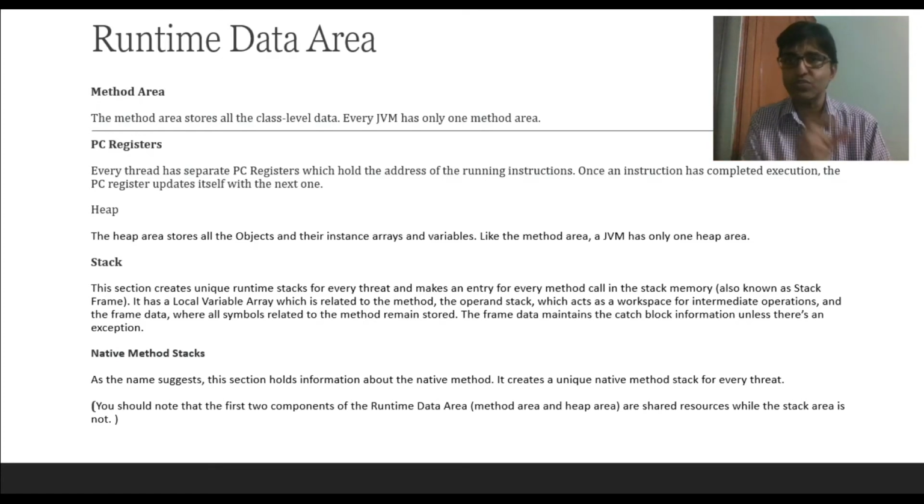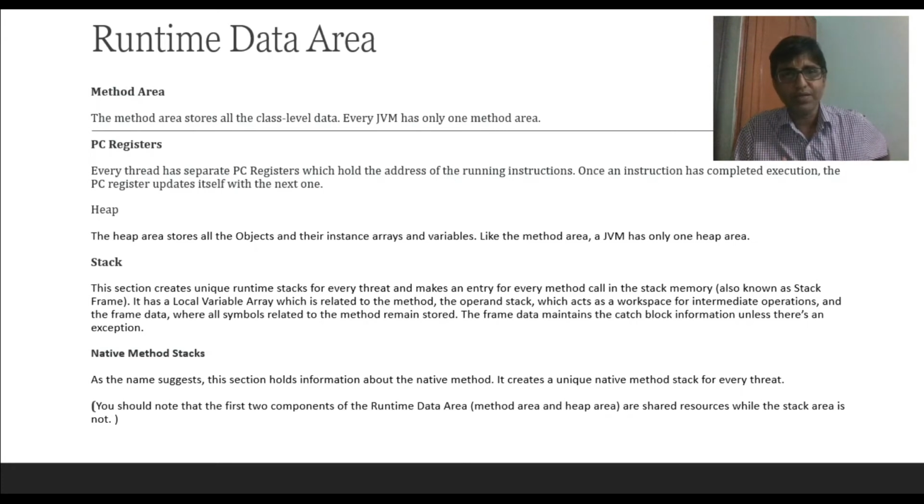So it stores the reference point of the heap in the stack area. When you store a variable, it has two components, one in the heap and one in the stack. The reference points of all the variables are kept in the stack, and all the physical data is stored in the heap.